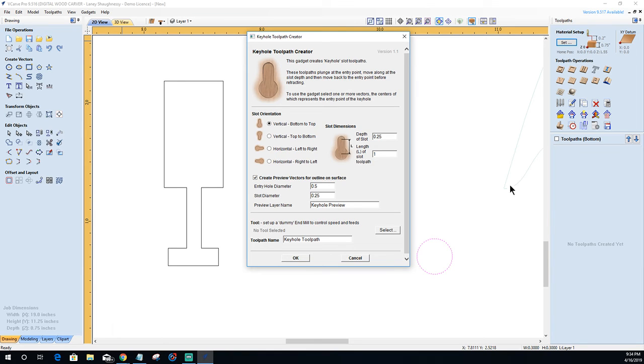Now the length of the slot, how long I want the slot when it cuts, I generally do a 1-inch slot, and of course that would be whatever length you want it to be. Now, the parameters to create the preview of my keyhole bit on the surface, to create the preview vectors,